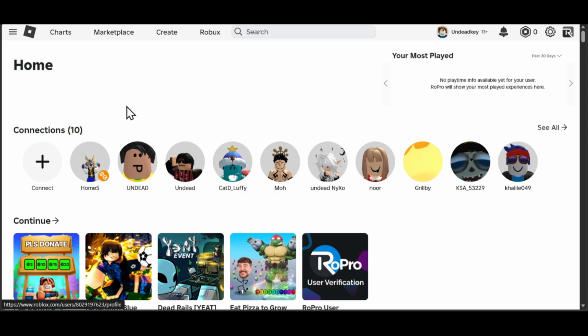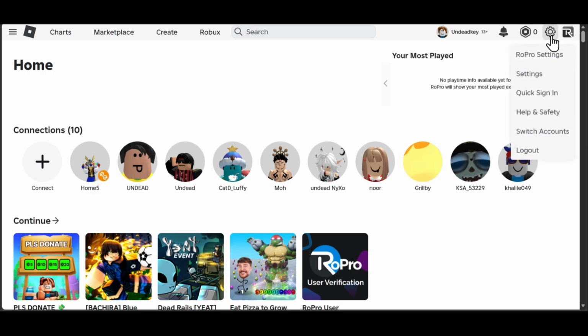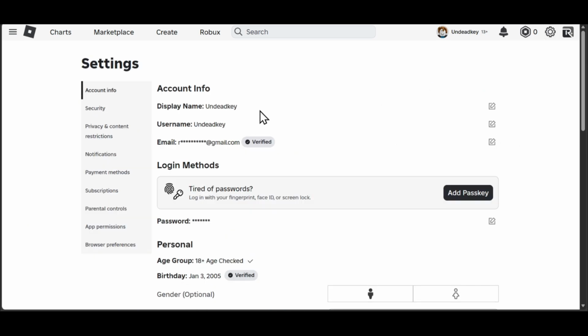So the first thing that you need to do is to open the Roblox website, as you can see from here, and after that you need to go to the gear icon on the top right, or the settings icon. After that you need to click on settings, and now from here you need to make sure that you